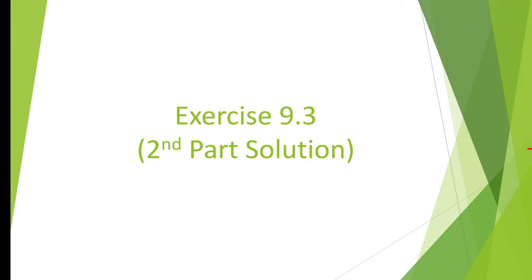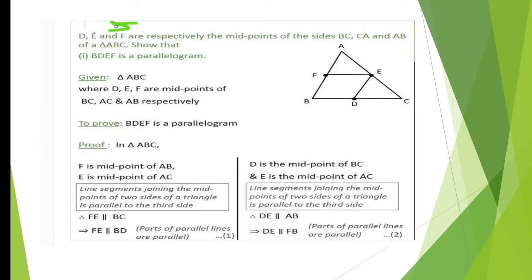6, 7 and 8. Now I have broken sum number 5 into three parts as it has three subparts. Sum number 6 as a whole I have kept but in two parts, that is in two slides. Sum number 7 is in one slide, and sum number 8 is again in two slides. I have done this because the sums are really very big. So this is the first sum, that is sum number 5.